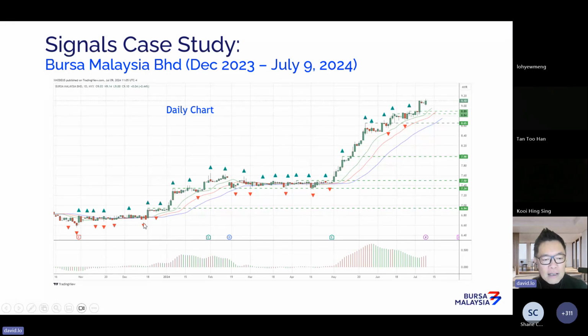The 18th of December, it had this fractal right over here, which was broken. The second day, okay, New Year already broken already. So at 694, Bursa Malaysia started this uptrend. After the sideways trend, it started this uptrend, continued to confirm at 734, continued to confirm at 750, where it